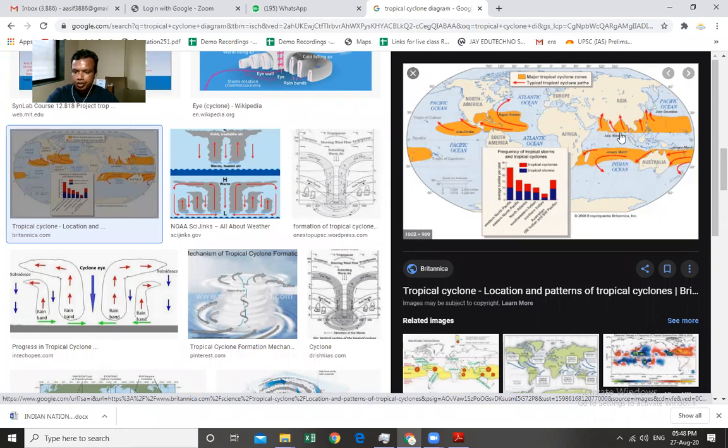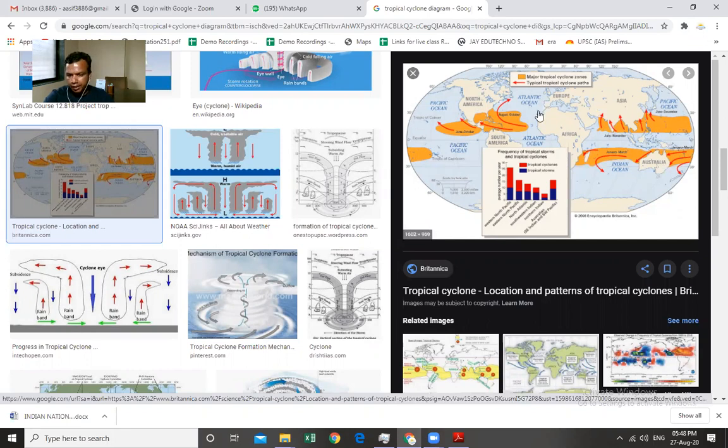For the creation of tropical cyclones, we need around 28 degrees Celsius temperature, as well as a more effective Coriolis force. As we have seen, Coriolis force means the deflection of the wind is important. That deflection of the wind is more effective in this zone, in the north hemisphere and in the south hemisphere. So all these factors are responsible for the formation of the tropical cyclones in the tropical region.